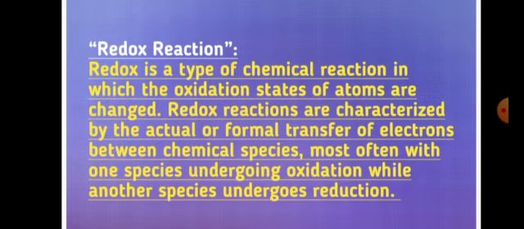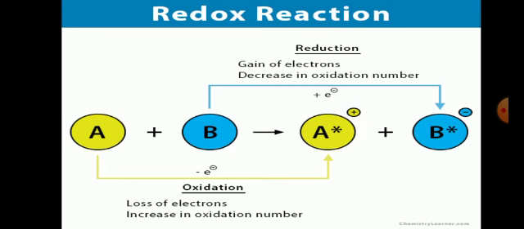So let me move on with the next topic. I have given a better picture here so that you can understand about redox reaction. As I said before, it is all about your reduction and oxidation process. So what is reduction and what is oxidation? From this picture you can understand that reduction is something that gets reduced, that gets removed. Reduction as well as oxidation can be explained in three terms: in terms of electrons, in terms of hydrogen, and in terms of oxygen.